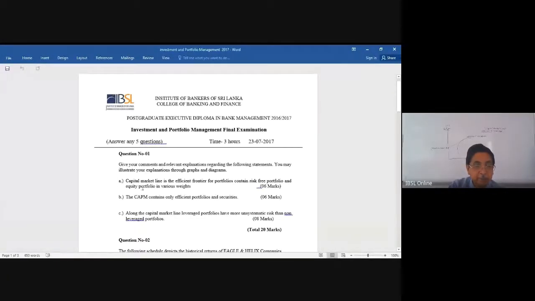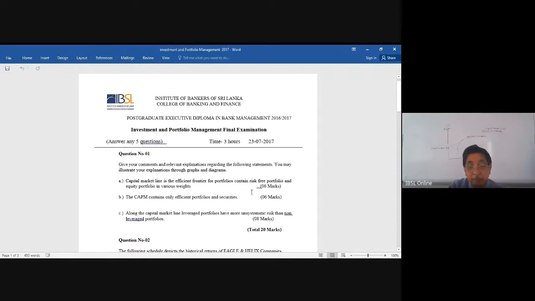Right. I think the first part is answered in that manner. So the statement given is: capital market line is the efficient frontier for portfolios containing risk-free portfolio and equity portfolio in various ways. So that is the statement, and I just showed you how it can be demonstrated